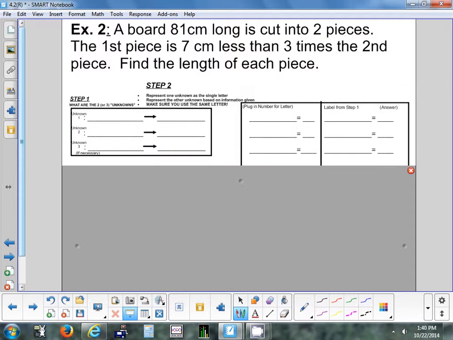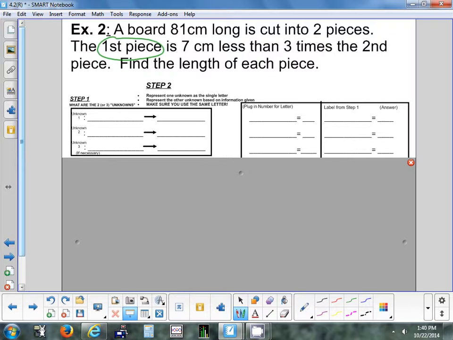Let's go down to our template. We don't need to go any further than this right now. First thing we want to do, Justin, what's the first thing? Find the two unknowns. Remember, all we're doing right now is just labeling. What are the two things we're given in this problem? The length of it. But how are they written in the problem? 81 centimeters. We could call it the